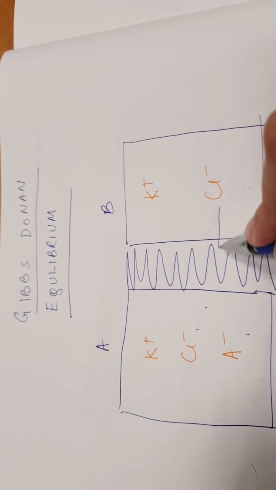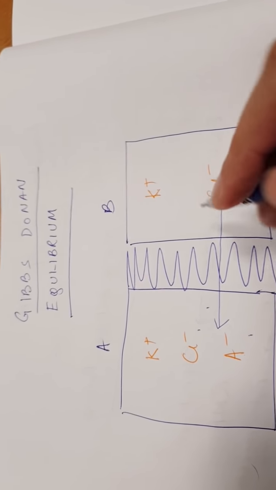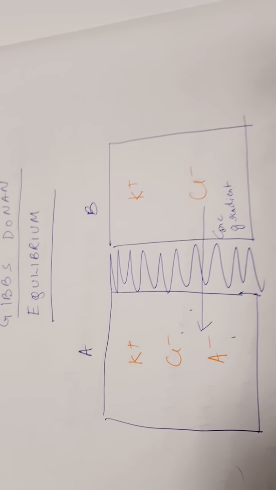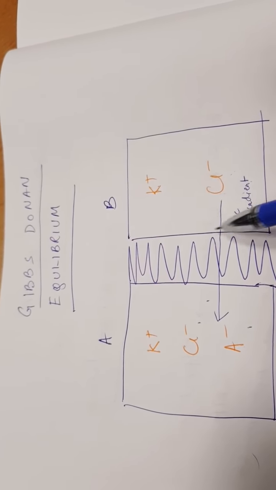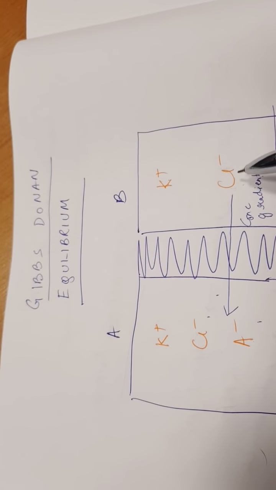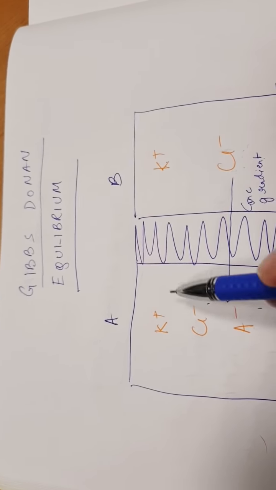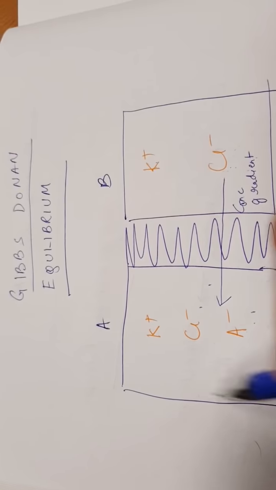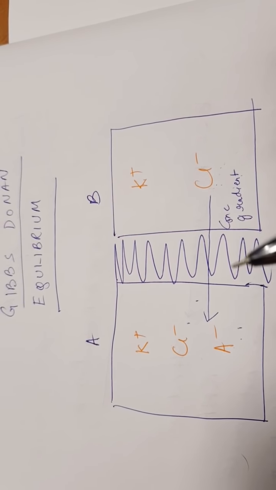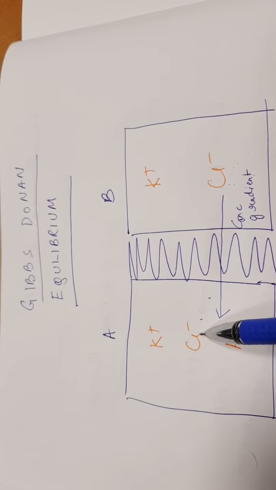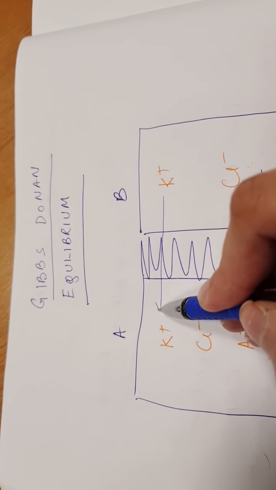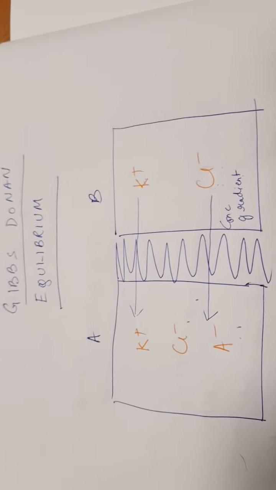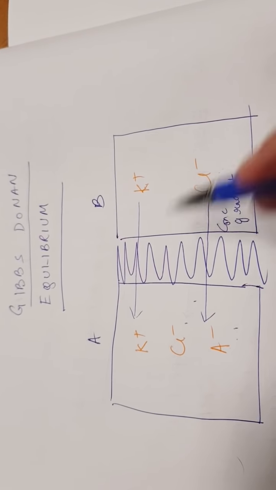So chloride starts moving from B to A along the concentration gradient. Now what is happening here? More negative charge has come into A. Chloride is moving along the concentration gradient, but due to this movement, compartment A contains more anion. Now to counter this, potassium moves in. Okay, to make this electrically neutral, potassium moves here. So the aim is to make this electroneutral.